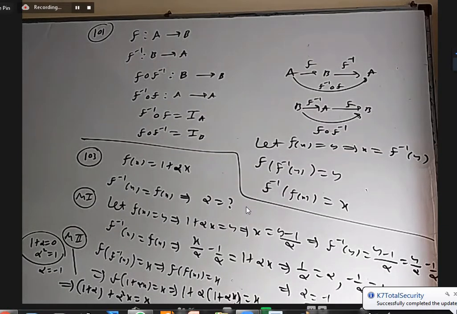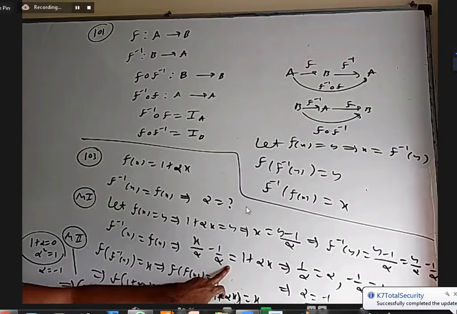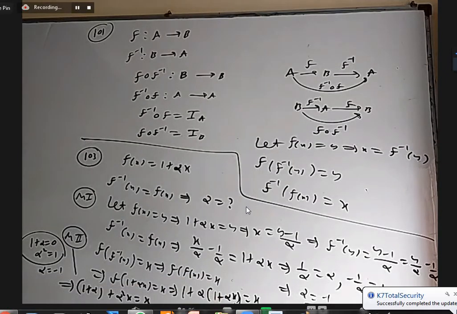Sir, I did it in a very long method. I got a quadratic in x, and if we find the quadratic equation, I'm getting it in terms of alpha, but it's very big, sir. You are treating it as a quadratic equation in terms of alpha? No, sir, in terms of x, but the coefficients have alpha. That's okay, but how does x square come to you? X square doesn't come anywhere, right? Yes, sir.